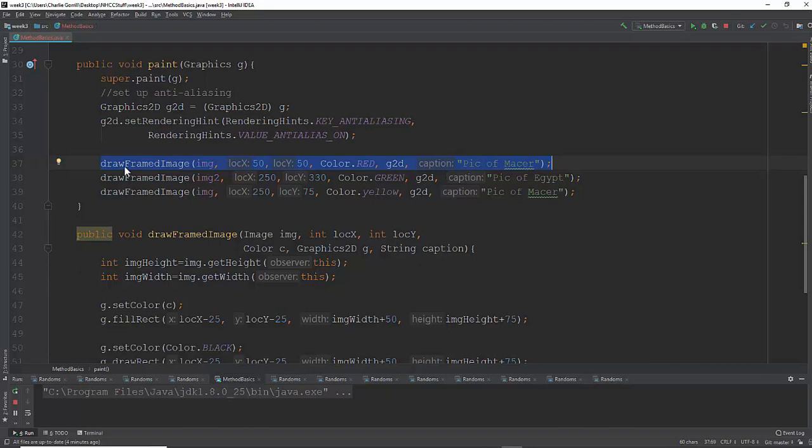So when Java finds this method invocation, it's going to look for the definition of a method that's called drawFrameDimage that has all of these arguments in the parameter list. So an image, an X, a Y, a color, a graphics object, and a string for a caption. And it's going to find that, and then it'll execute every single line of code in that method body from